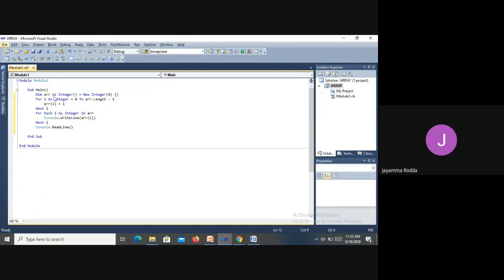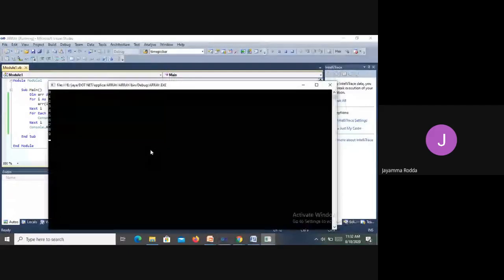As the inputs are provided there, those inputs will be printed through the output statement. So this is for input and this is for the output in this particular program. So the Console.ReadLine, you know this. Let us just save this and run the program. Now the output should be 0, 1, 2, 3, 4, 5, 6, 7, 8, 0 to 9 values must be printed here. See, this is the output we are having.